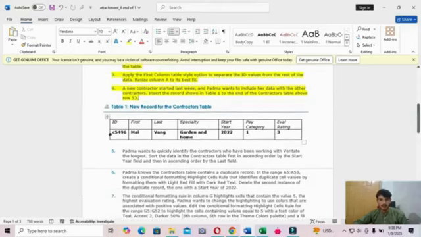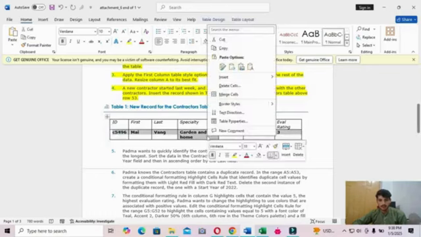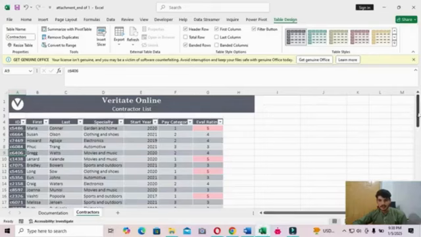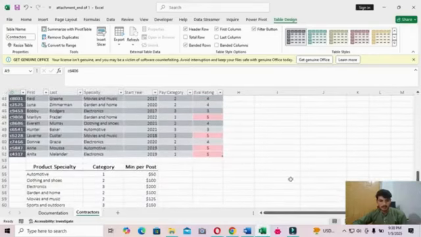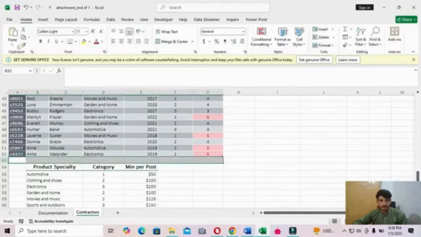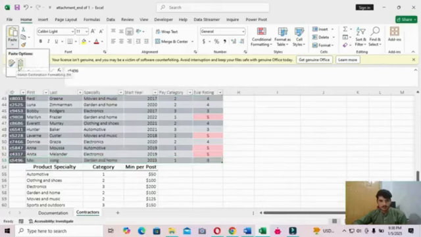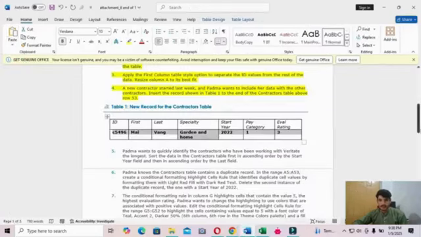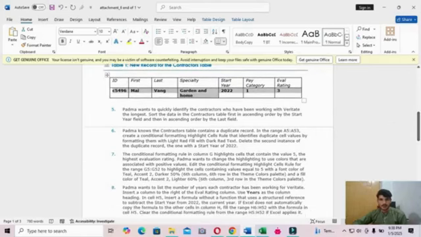Okay, copy all the values and then paste at the end of the table. Okay, next step, step 5.